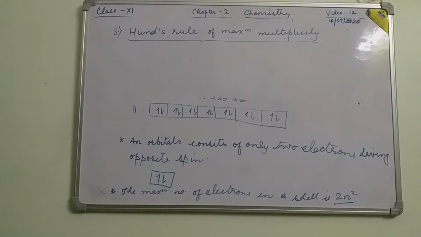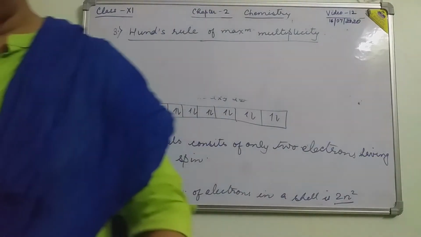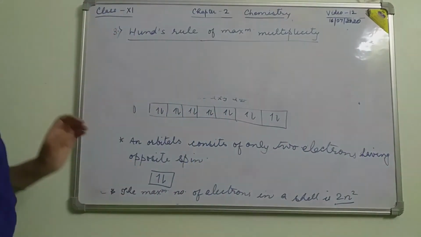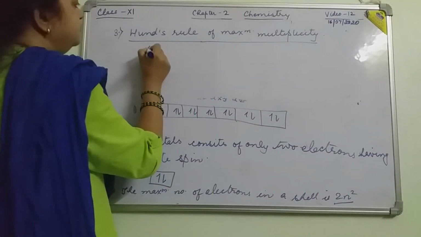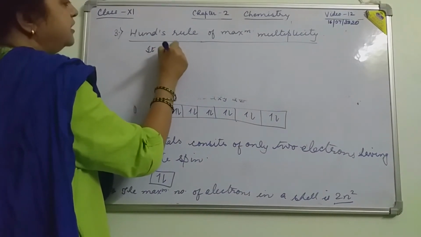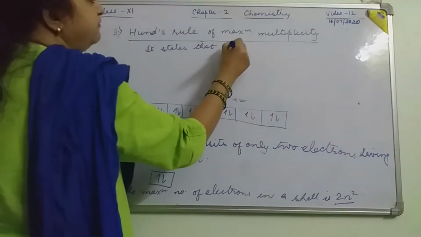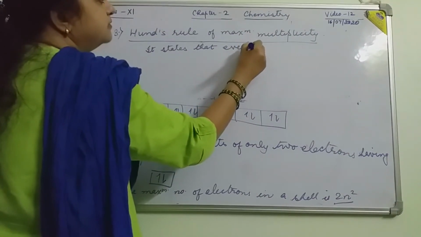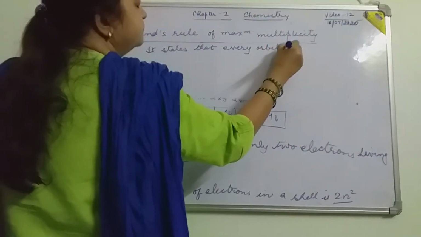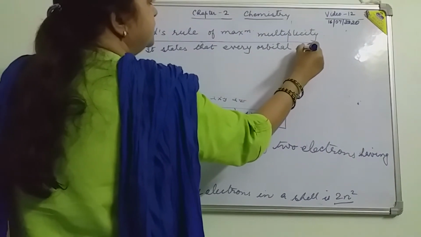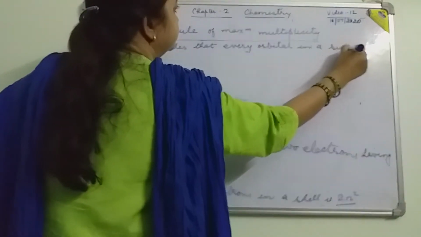According to Hund's rule, it states that every orbital in a subshell is singly occupied with one electron. You can write it as: it states that every orbital in a subshell